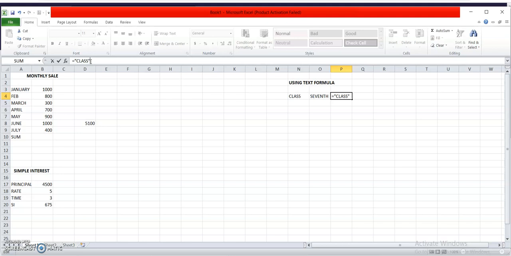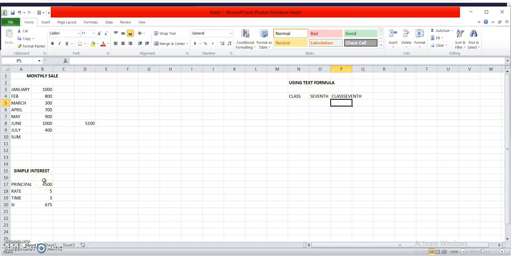Again, after that I will concatenate these two terms with the comma and 7, close it. Now at the end I will press enter. Class 7. I am adding the text in the P column. This is how I can add the text formula.